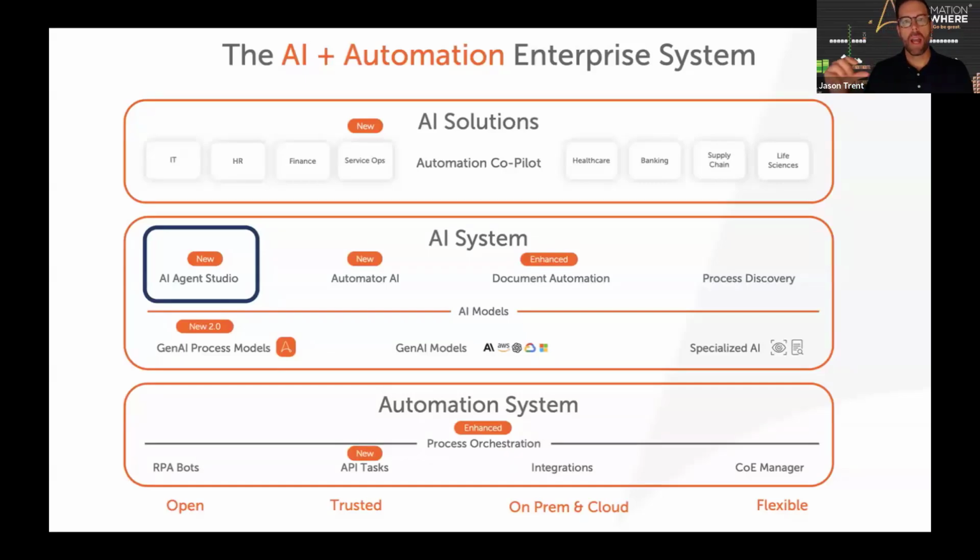On top of that, we've got our AI system. Now, this isn't something necessarily that's new, as much as this is an area where we're continuing to do deep innovation and investment. And it comes across in a couple different ways, from the custom trained foundational LLM models that we have within our product today that power capabilities like our AI Automator suite, for things like suggest next action. Whenever you're adding an action to the canvas, we can actually recommend the next potential action you might want to utilize,